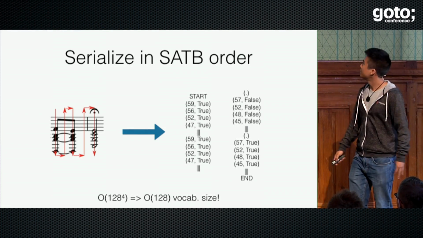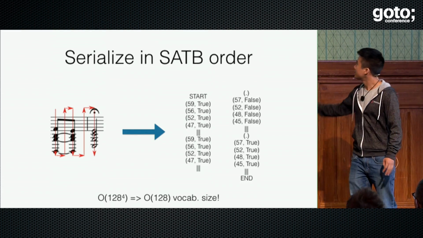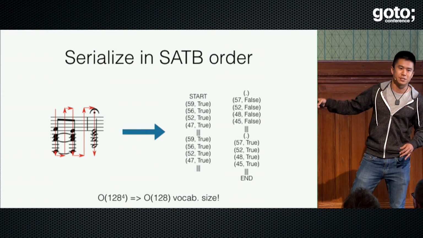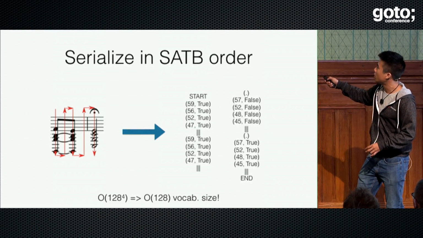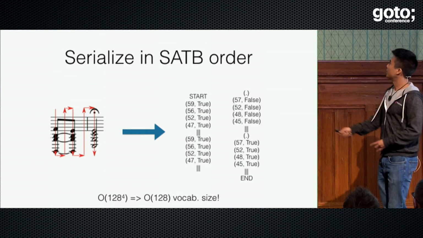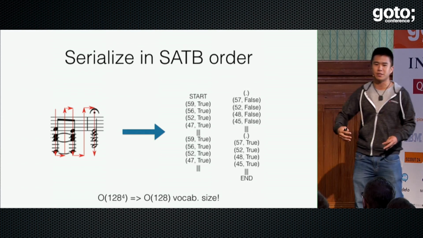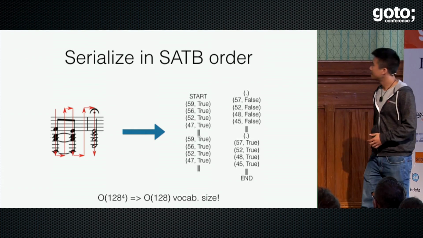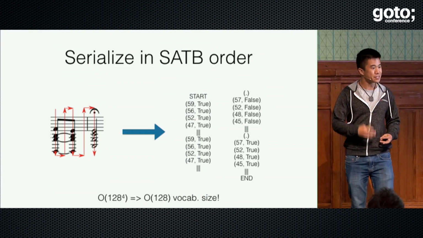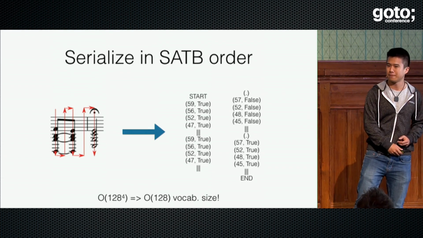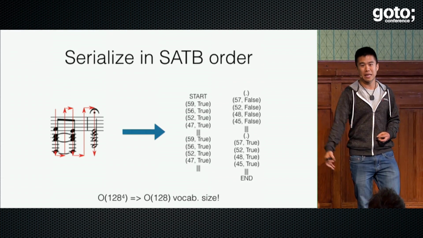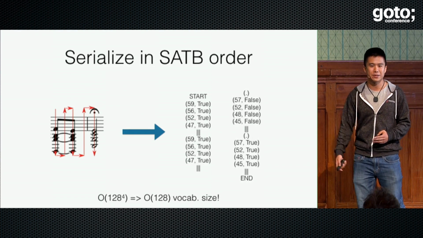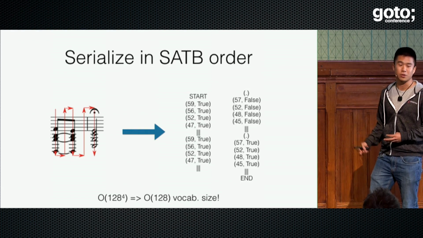The way we deal with this problem is by serializing. So that is, instead of representing all 4 notes as an individual symbol, we represent each individual note as a symbol itself, and we serialize in soprano, alto, tenor, bass order. And so what you end up getting is a reduction from 128 to the 4th, all possible chords, into just 128 possible pitches. Now, this may seem a little unjustified, but this is actually done all the time with sequence processing. If you take a look at traditional language models, you can represent them either at the character level or at the word level. Similarly, you can represent music either at the note level or at the chord level.